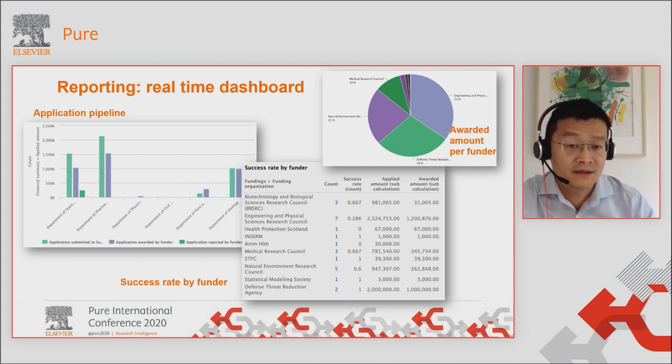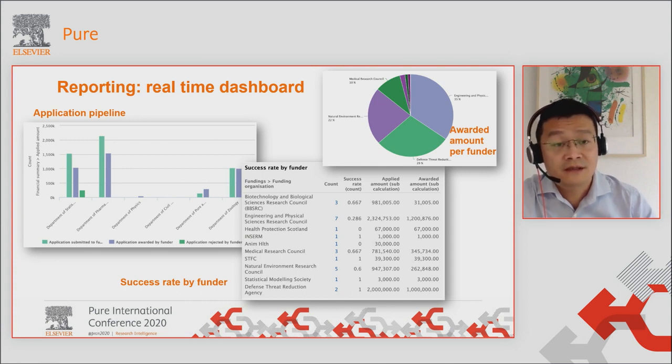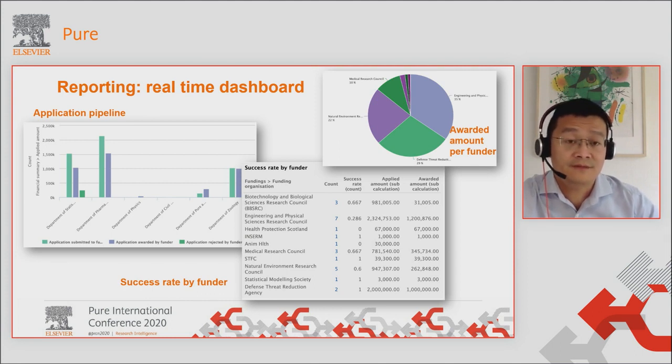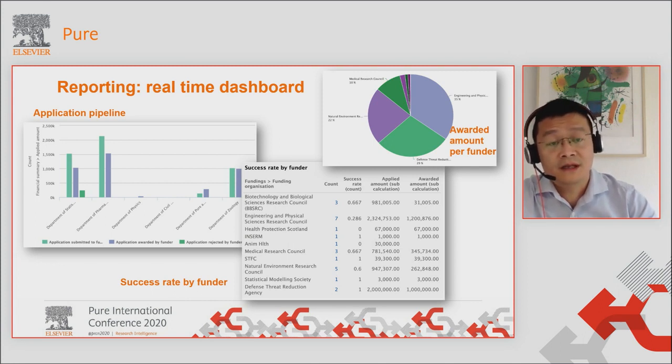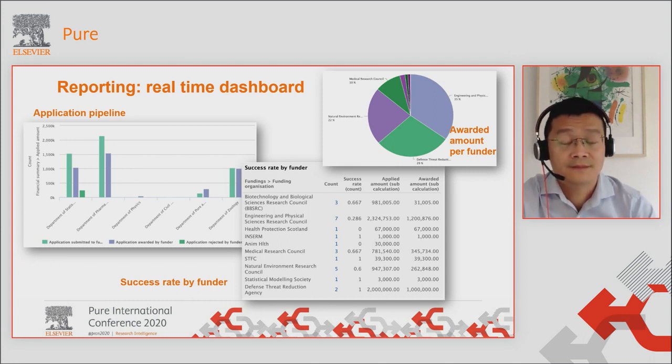You can do analysis like analyzing the success rate per funder. For those funders with a high success rate and big amounts, you may encourage your researchers to apply more. And for those funders with a low success rate, you may find out the reasons. In case support is needed when researchers are applying to these funders, you make sure that help is provided by making sure that funder is directed during your approval process.